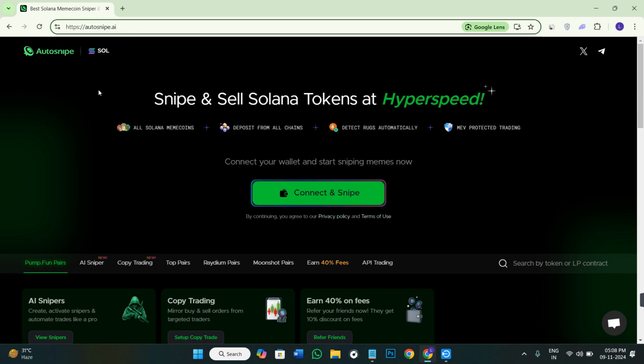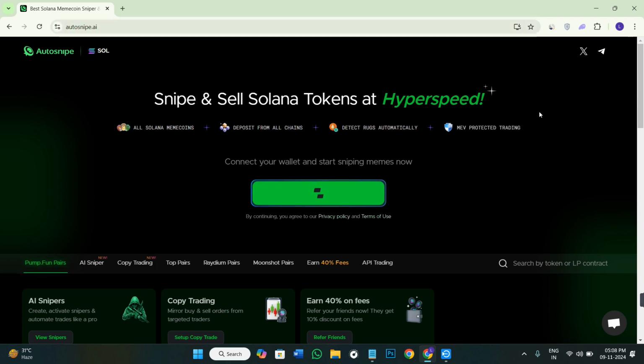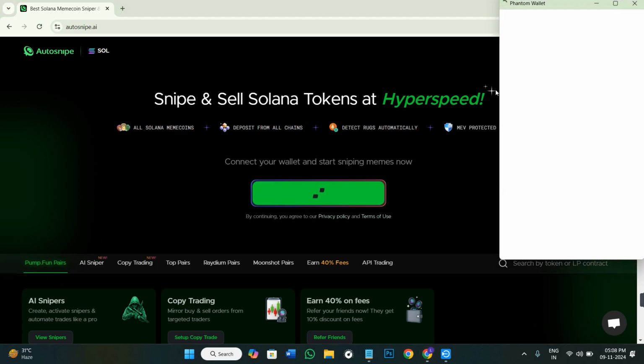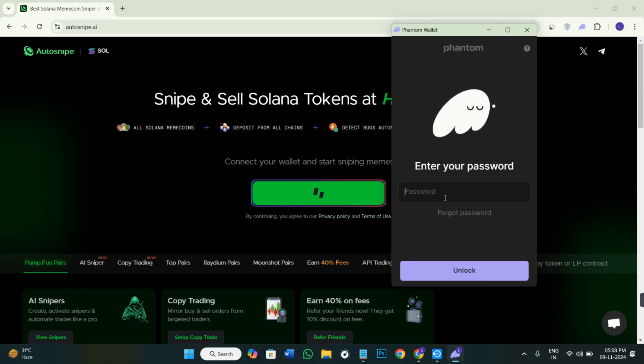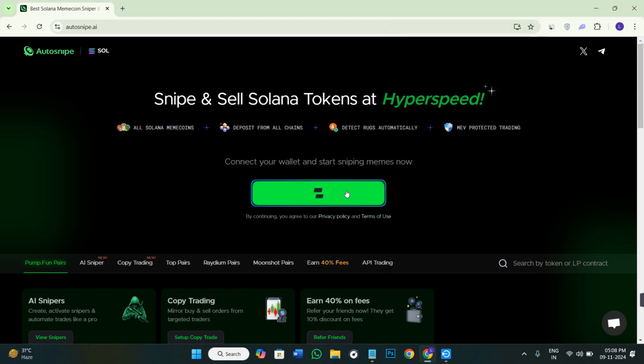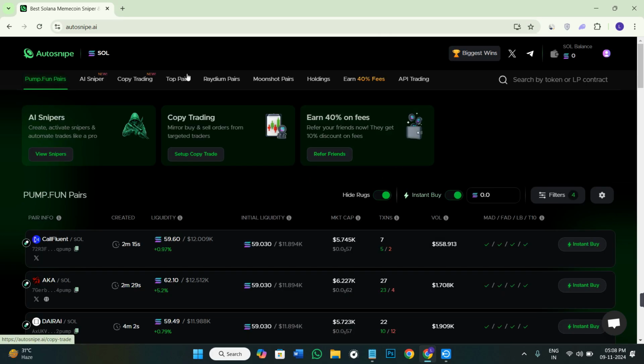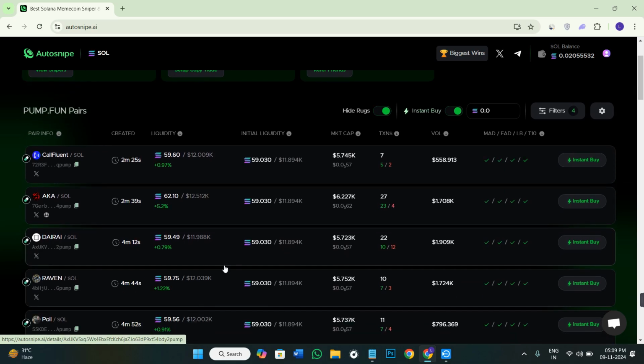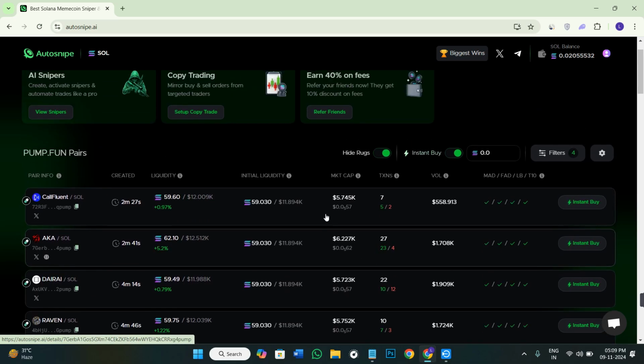Once you click on the link, you will land on Autosnipe AI, where you need to click on the connect and snipe option, and then make sure that you connect your Phantom wallet with it. Once you see this type of pop-up in front of you, simply click on the confirm option and wait for some time until it connects your Phantom wallet with Autosnipe. Once this step is done, you need to simply deposit some Solana from your Phantom wallet to your Autosnipe AI account, so that you can use this amount to place the limit order and market order on